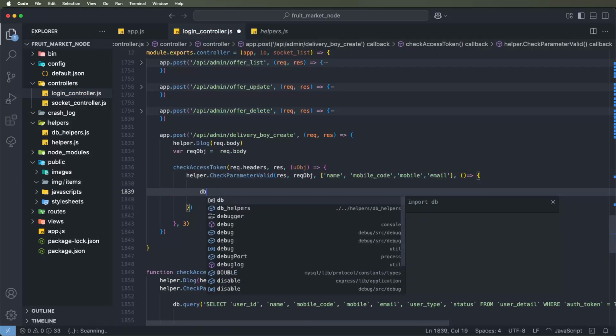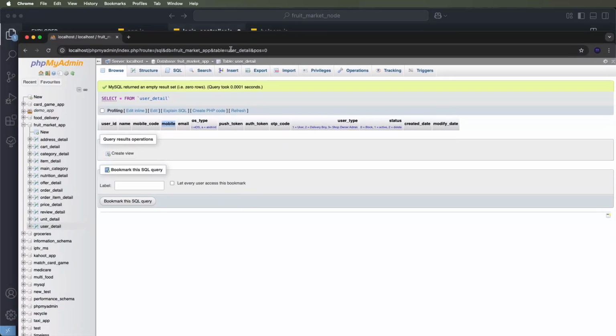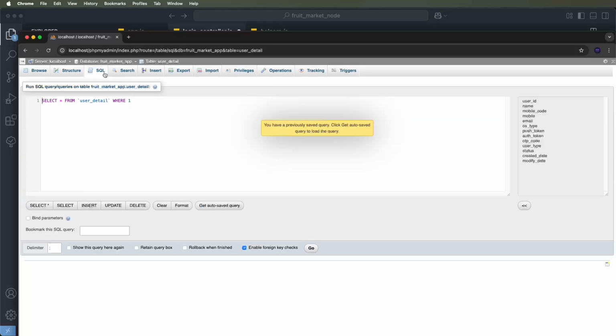And now we need to check first of all whether this mobile number exists or not. So we need to check this inside the database. Now we need to fire the query. Now we need to go inside the SQL and write the SQL select query, and we need to remove the things we do not need, clean this, the modified date also, not needed. We need to pass the parameters mobile and mobile code